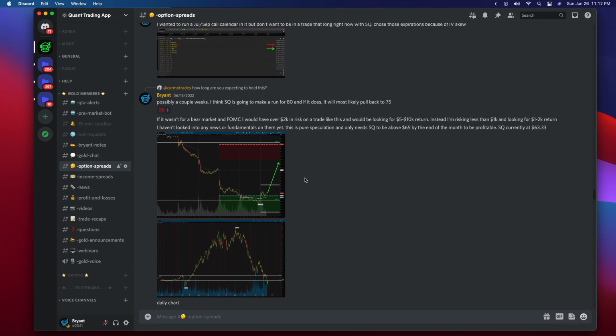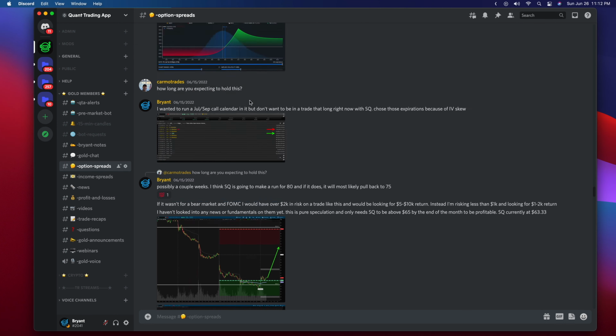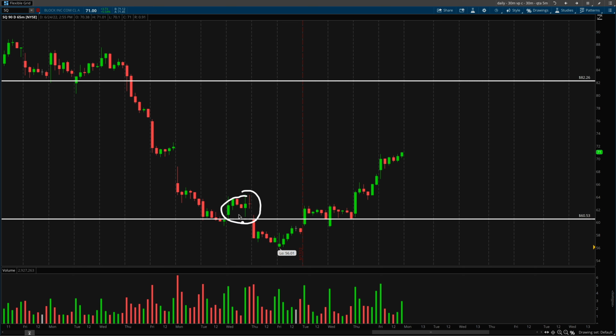As we scroll over to the Discord right here, I can show you guys exactly when I first mentioned the trade. So I believe it was right here. I'm just getting a starter position on June 15th in QQQ with 16 days till expiration, a diagonal call spread. This is right before the FOMC, and QQQ was in a major downtrend, so it wasn't a position you want to get aggressive with. This was the FOMC right here, so there's a big economic event happening at 2 p.m. Eastern time. So the smart thing to do is wait until after the event comes out before putting too much risk on a trade and getting overly aggressive, and then